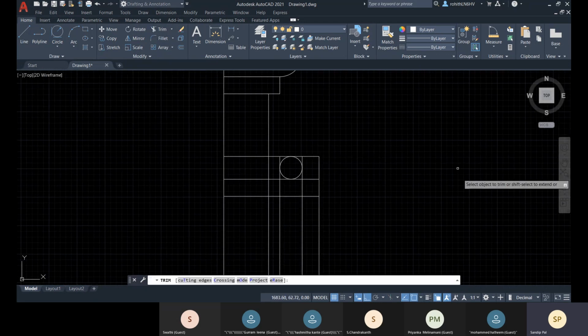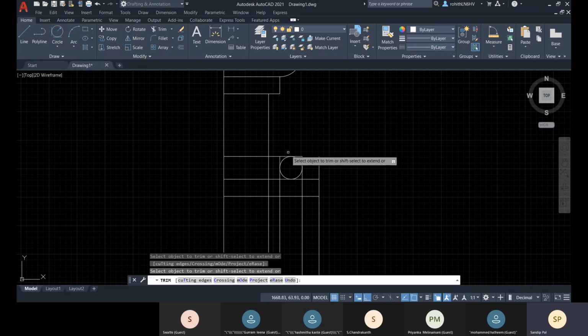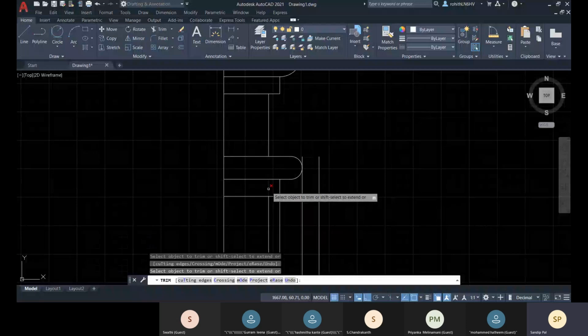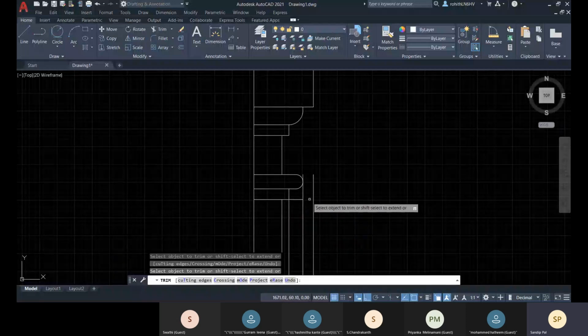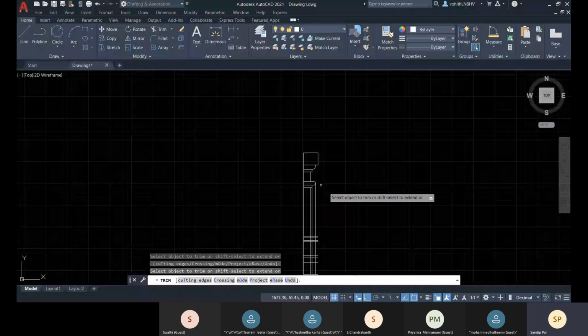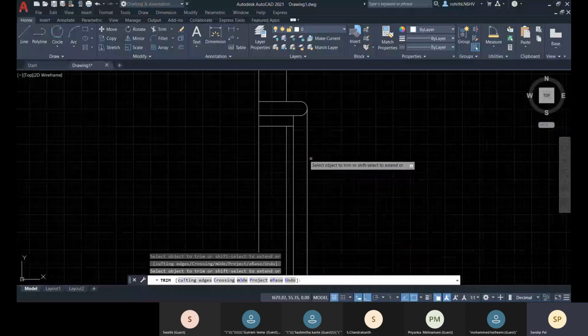You can go for trim there. Right. And how easily it's done, right?